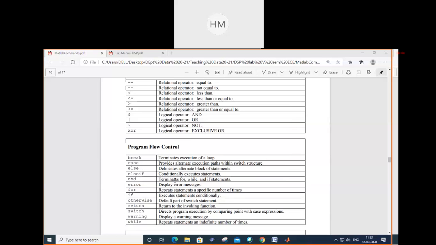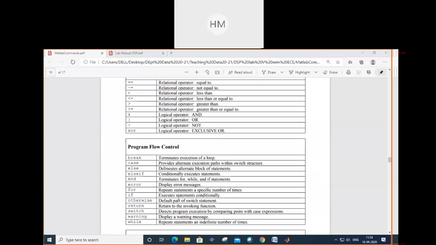End will terminate your for, while, or if statement. We use for, if, while, else instructions, and to end these we will use end. If I want to know the error messages, I will write error, to display error messages.